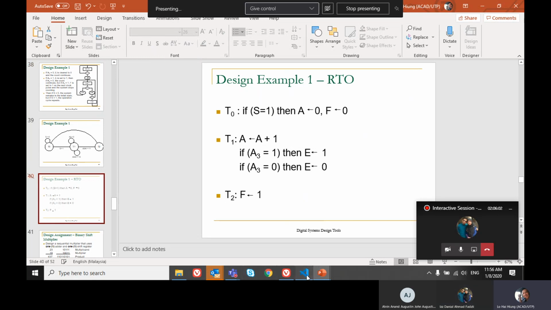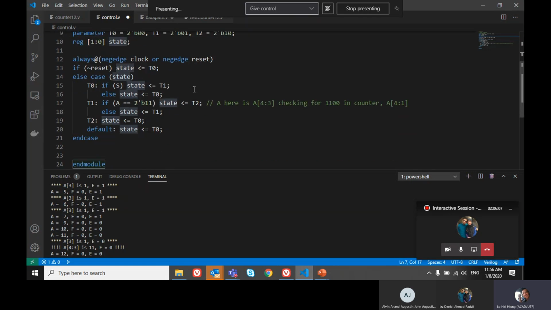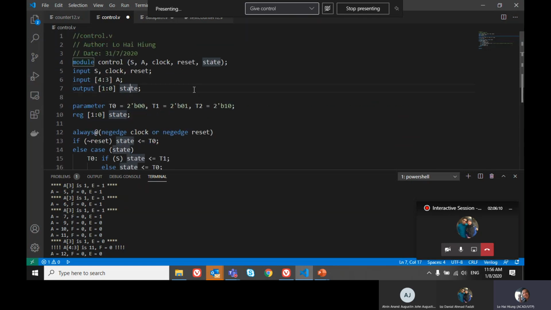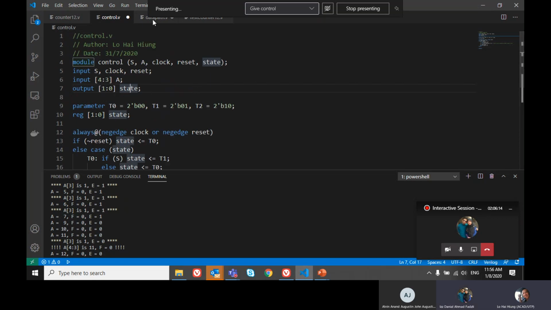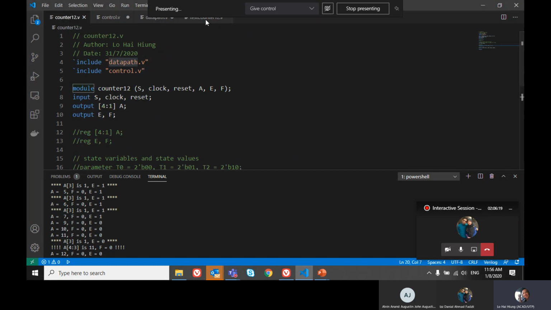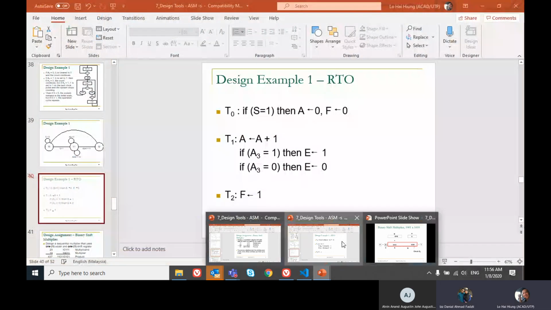I have not uploaded my source code for this. I will upload it after this. I will upload this to UlearnX so that you can play with it yourself. I will include the control, the data path file, the counter, and the test bench, so that you can play with it yourself. All right. So you can contrast them,